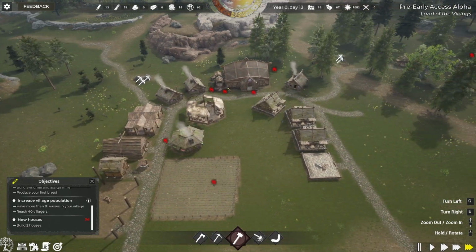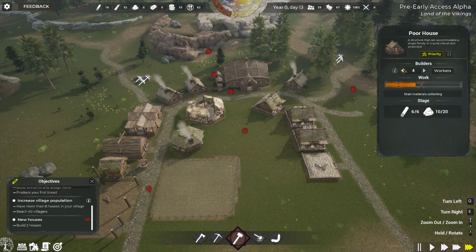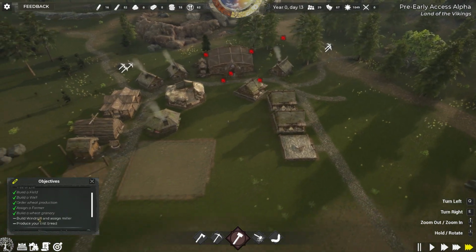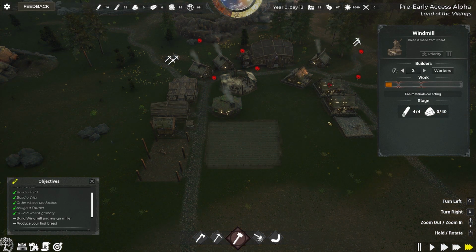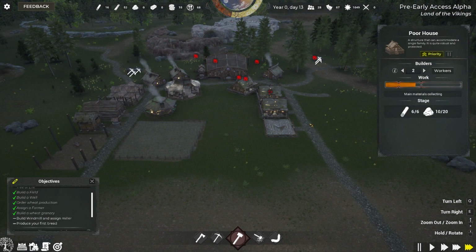There we go. We can chop down these trees at the back as well. We literally just need 10 rocks. Cut down the number of builders yet again. Come on, video game. Come on, we can do it. Okay, build a windmill, assign a miller. How far away are we from this? We've got the wood here. We've got the wood, but we just need the rocks. There we go. Finally, we're getting